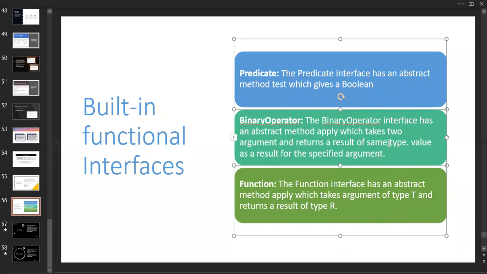It returns the result of the same type. So here the arguments are two. Let's consider two string values as arguments, and the result is of the same type, so we'll get a string value as the result. Okay, we'll check the example so that you get a clear idea about this.